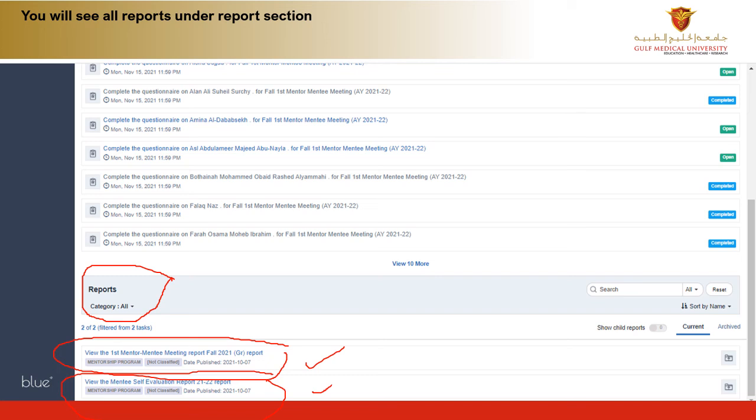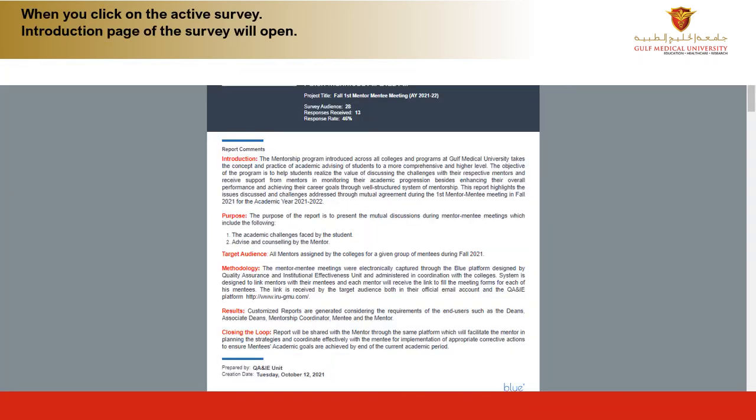So this feature has really brought in a big change in terms of accessing all surveys at one point of time and giving access to reports to the concerned stakeholders, so that there is improvement in the efficiency of the entire process. When the survey audience, a faculty member or student, clicks the report, this report would appear like a PDF. It can be downloaded as well. So this is how it would look.